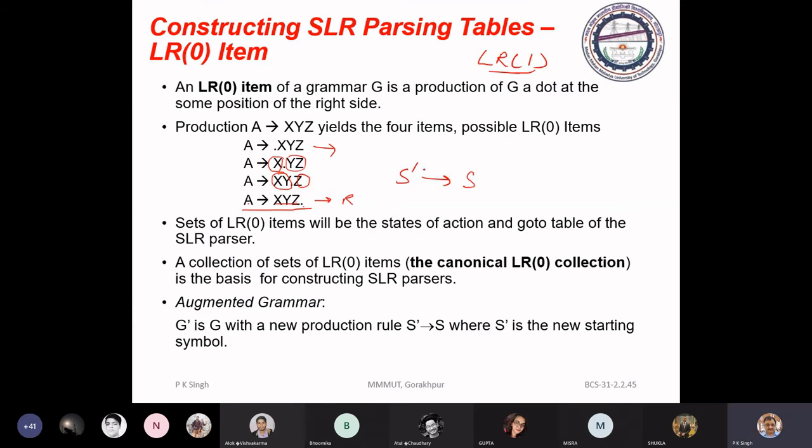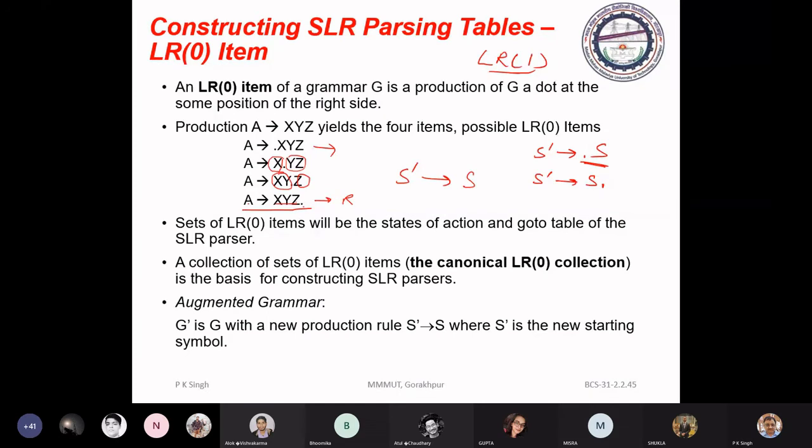Why? Just see, for this production S dash to S, we may have two items, S dash to dot S and S dash to S dot. The first will say you are going to start the parsing. The item set having this item will say about the start state of the parser.